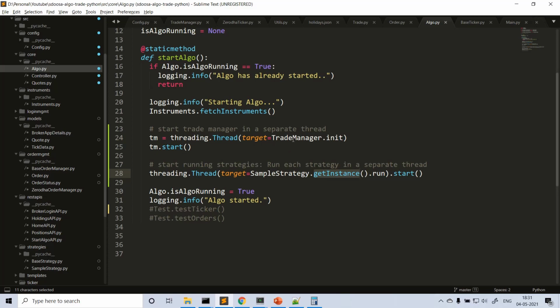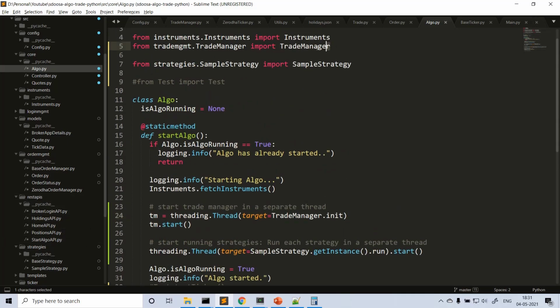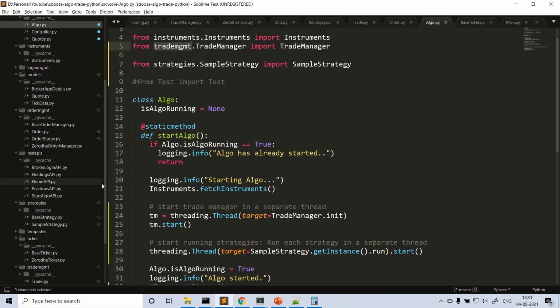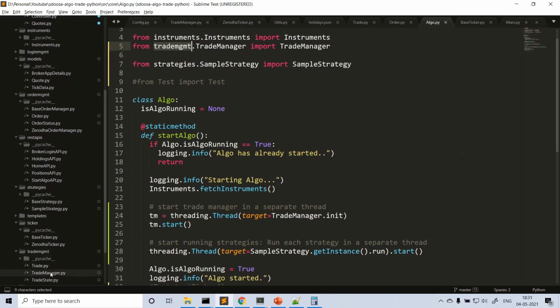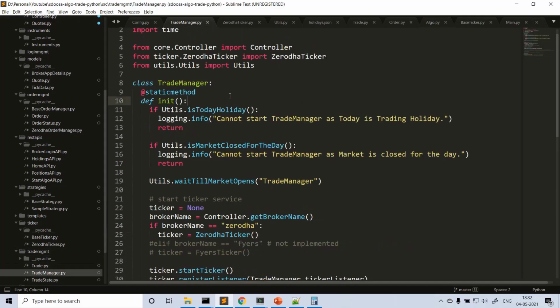First, let's look at the trade manager class. Trade manager, we just imported from the trade manager package. If you go to trade management, trade manager. So when the trade manager init method is called, suppose you're running the program before 9:15 a.m., before market start, or on a holiday, whatever.